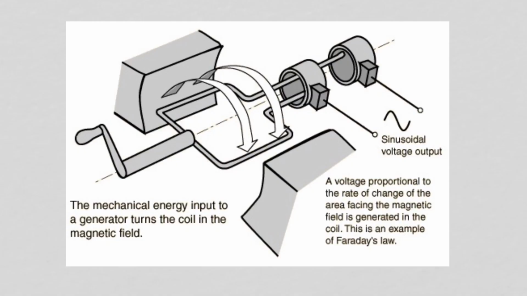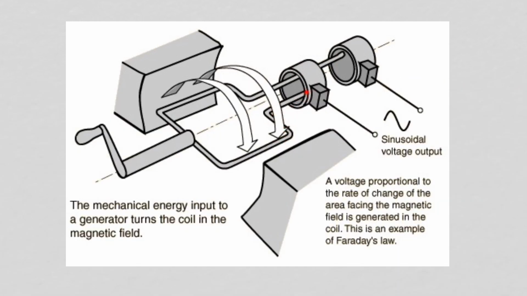Let's look at how AC generators work. So here I have 2 magnets. So this would be like the North Pole and this side a South Pole. And then I have a coil in here that I can turn. And there's electrical connections to the coil, so this side of the coil rubs against this ring, and this side of the coil will rub against this ring. As you rotate this coil, the amount of magnetic flux going through the coil will vary. This variation in magnetic flux in the coil will result in an AC voltage appearing across the 2 rings.